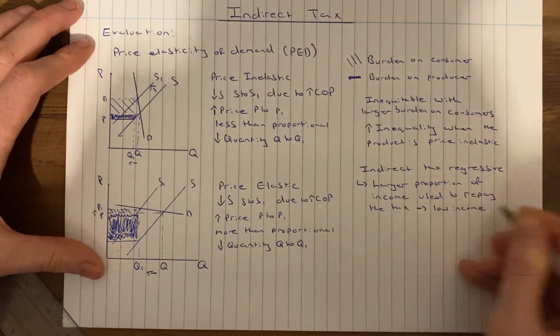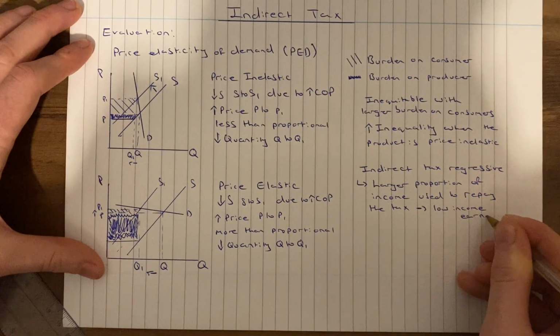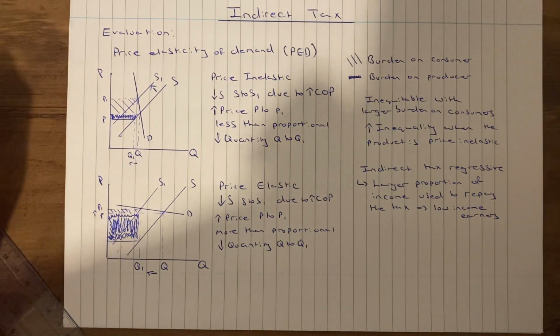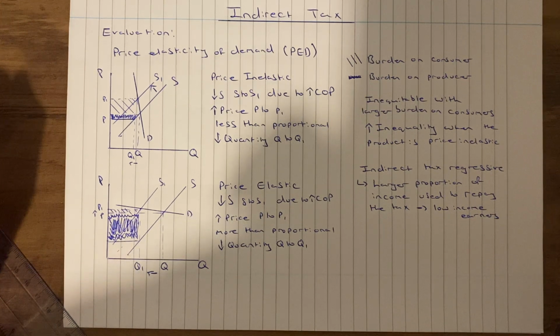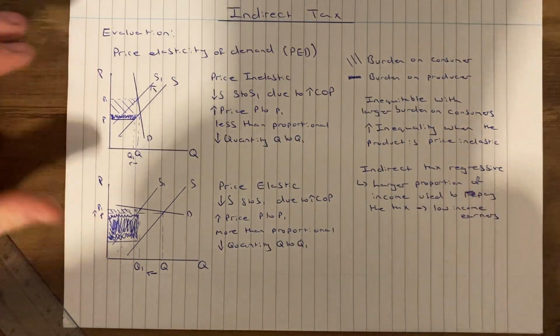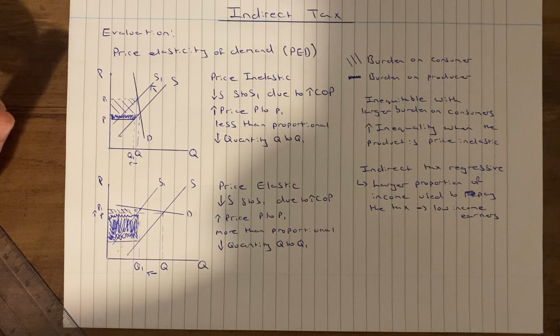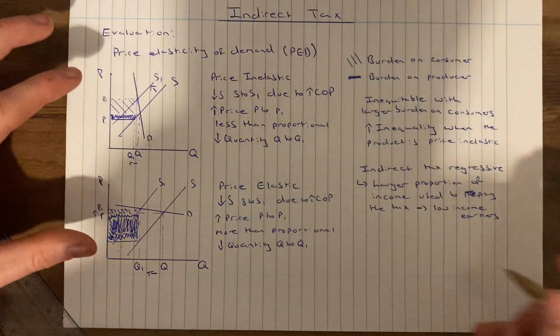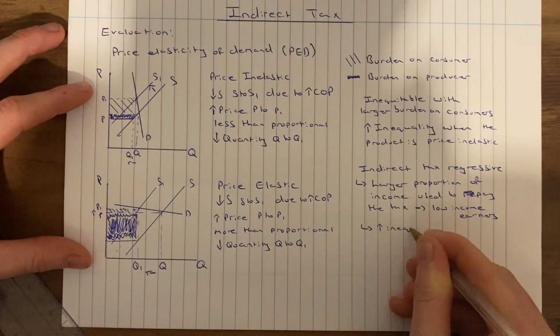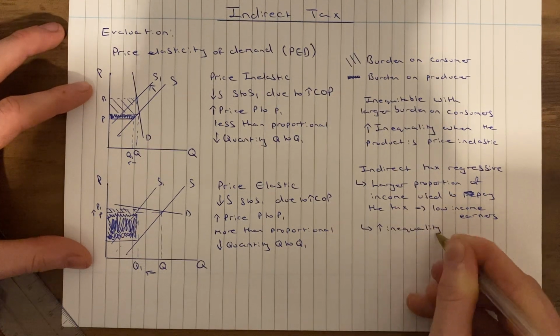So low income earners really feel the regressive impacts of an indirect tax, with all indirect tax being regressive, because they are using a larger proportion of their income to pay the tax. Maybe not necessarily repay, but the idea that they would use to pay the tax. It's a larger proportion, and again, obviously that leads to this aspect of increased inequality, demonstrating an issue with the